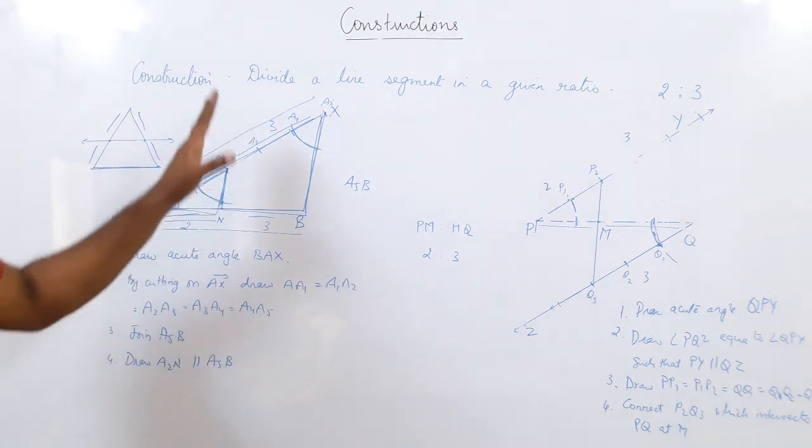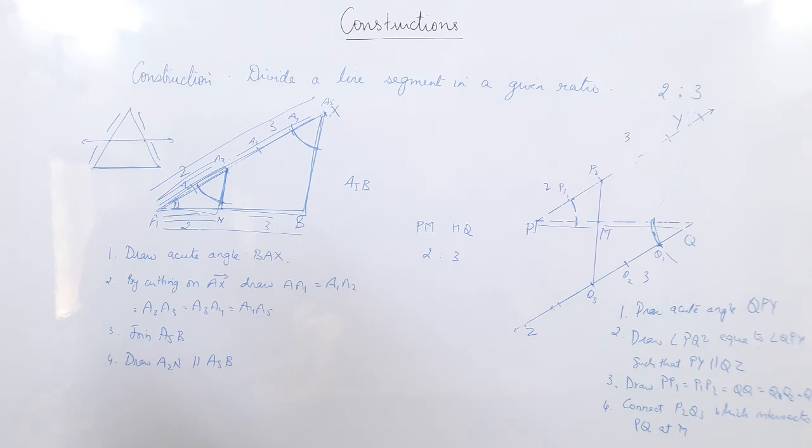And this is the first question. Divide a line segment in a given ratio. So you may not understand the step at the very first time. Then not to worry. Rewind the video again and again and practice it till you are able to solve this on your own. There's an example given in the book, but I want you to practice this on your own until you can solve this by yourself. This will need a little bit of practice. Dividing a line segment in a given ratio, whatever the ratio be given to you, there are two methods. Choose either one method and then practice it till you are able to do this without any mistake. And also note down the steps of the construction.